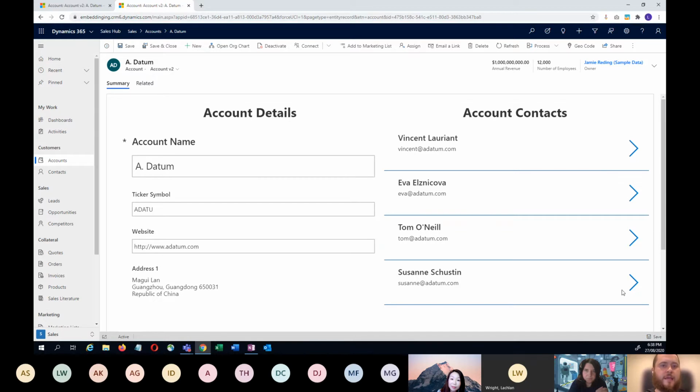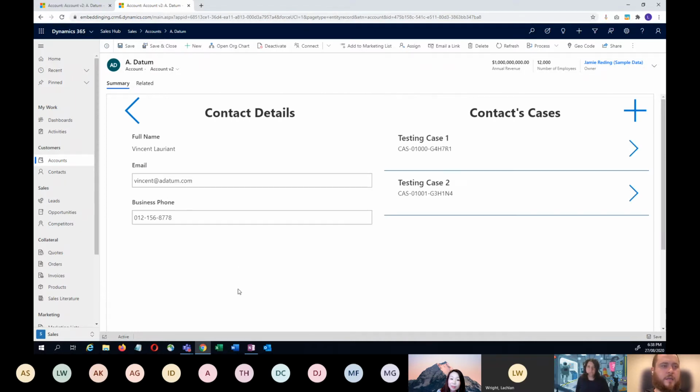But then I can also have on the right-hand side a gallery, which is a list filtered by show me contacts where they're related to this account, and then I can click through to these, and this is going to load the contact. And hang on, I'm still on the account record. So the header of this is still the account, but now suddenly I'm looking at the contact details. And this currently is about as useful as a quick view form, but there's no reason why I couldn't put all those fun conditions on this, pop-ups if certain criteria are met or something like that, and have all of that information displayed here. But I can also go down another level.